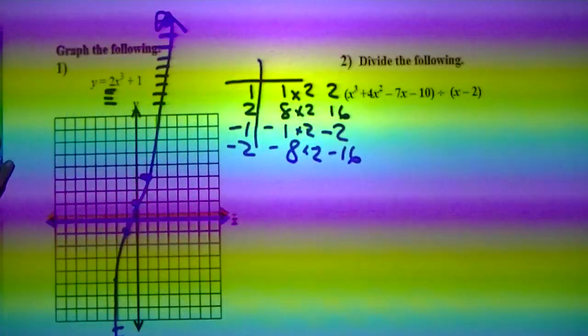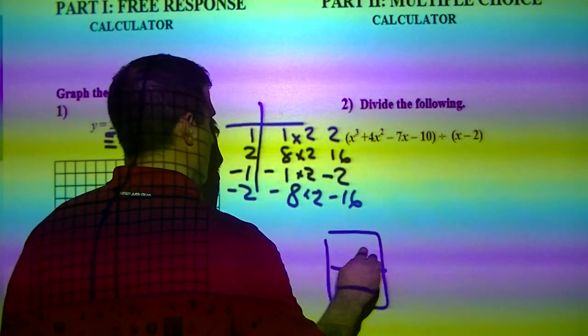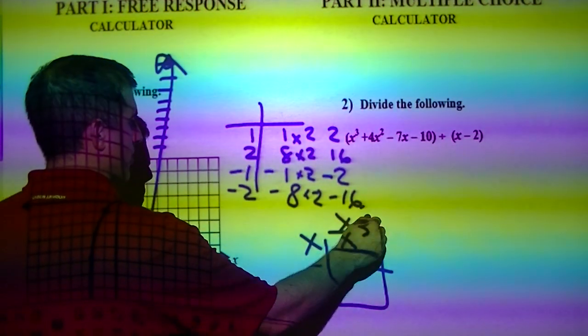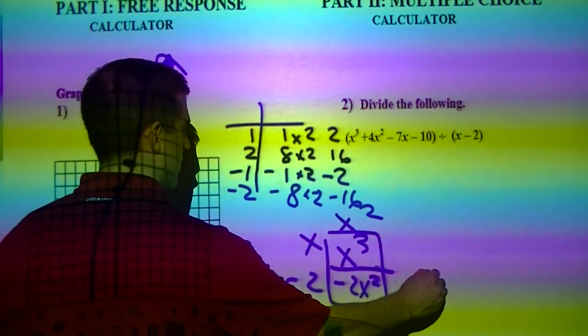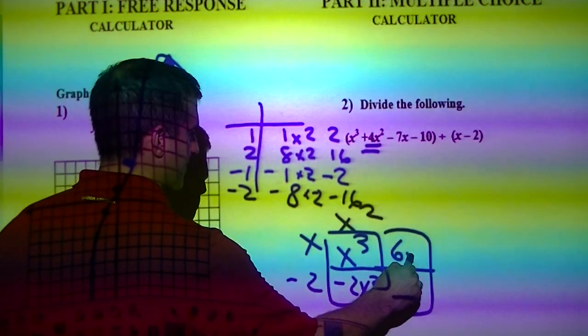All right, division here of polynomials. What I'm going to do is start with x - 2 here. I'm going to fill in x cubed. This times this is x squared, which gives me -2x squared. I need this to get to 4, so I'm going to have to add 6x squared, which gives